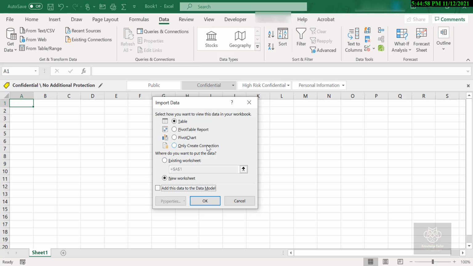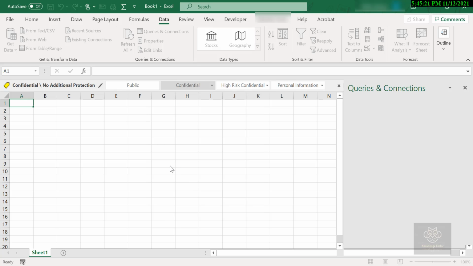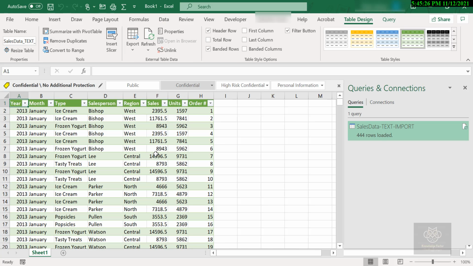Now for just the example here, I'm going to keep it in a table. I'm going to choose an existing worksheet rather than a new one. You can do a new one if you like, and I'll keep it inside cell A1 here, and I'm going to go ahead and hit OK. Give it just a moment and it will give you the data. There's my data, nicely imported, with very little input on my part. Really just what's the file, what's the delimiter, and what do you want to do with it, and you've got your data inside of Excel.